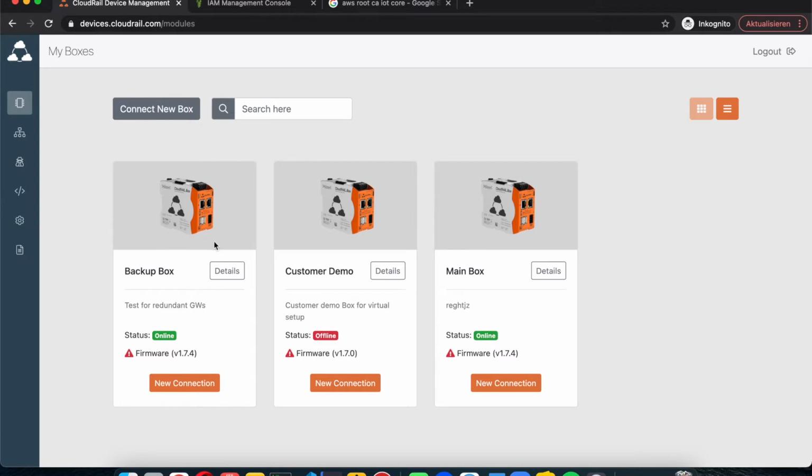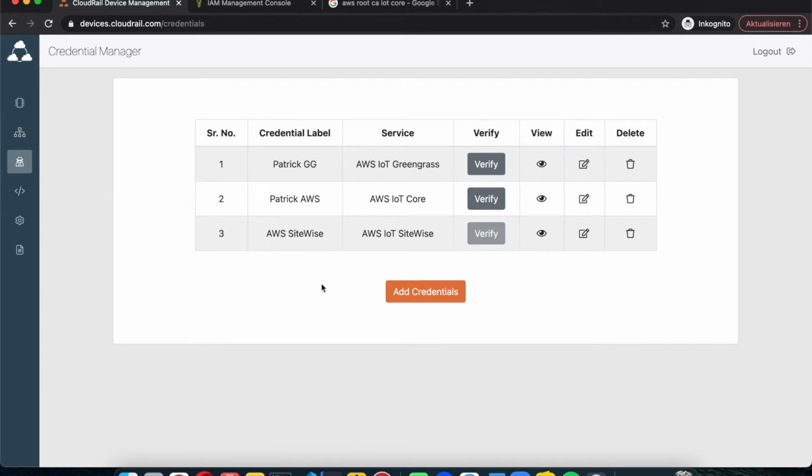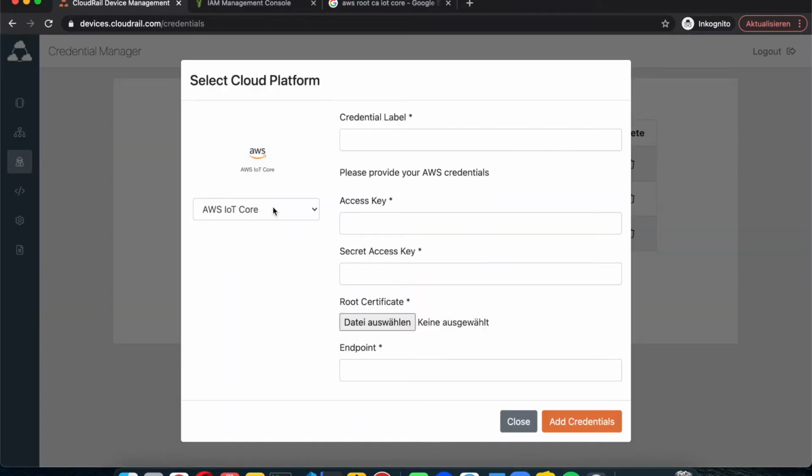Now, let's first go into the credentials manager and set up our IoT Core credentials so that we don't need to enter them every time. So you would go to add credentials. IoT Core is the first thing that you would need to do. Then set a credentials label, which can be anything, and access key and secret access key. So those you will basically get either from your